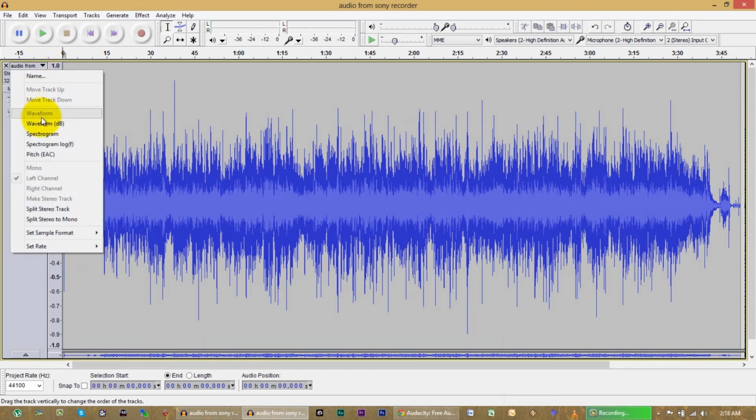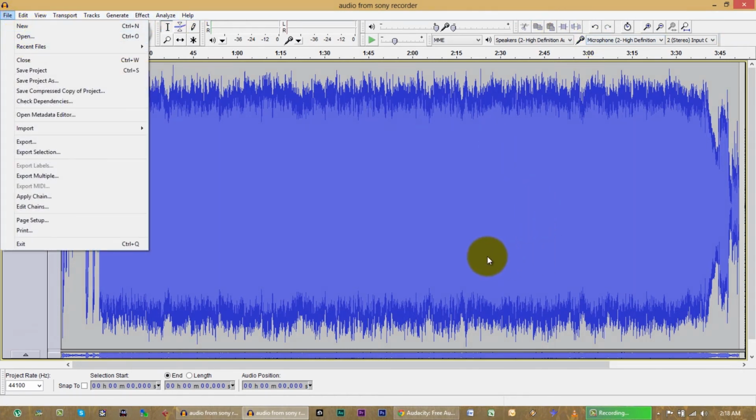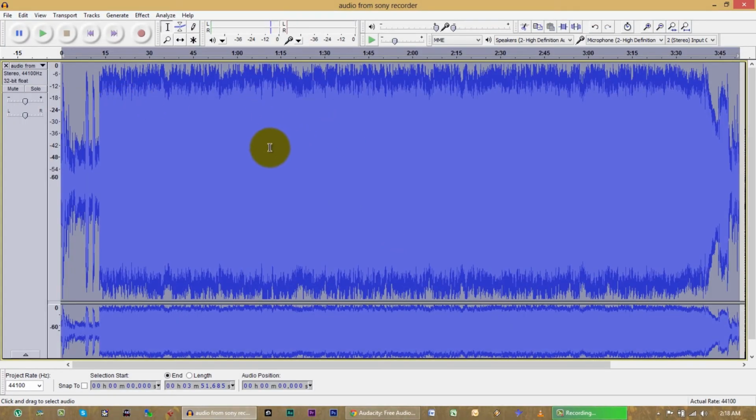And when you look at it this way, see how we've got a gap? We've got a lot of space above the loudest part of the waveform but below 0. Yet, when you close that and go back into the one that we've played with, there's a lot less gap up here.